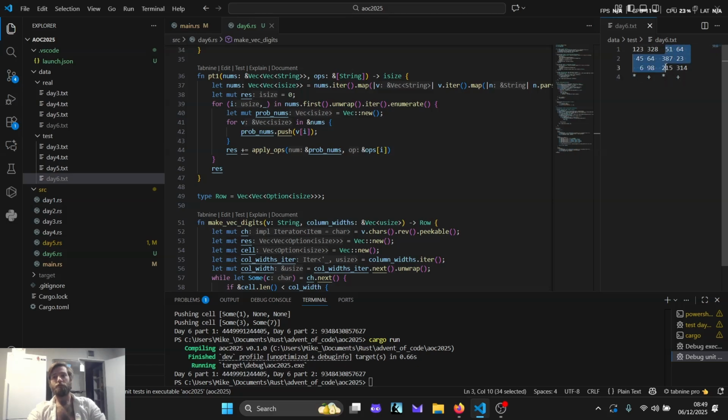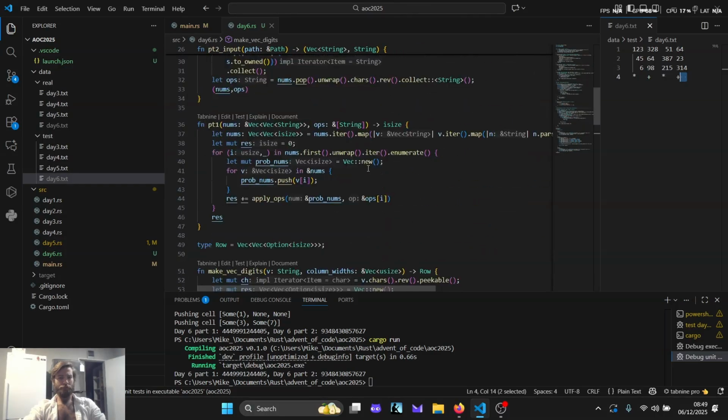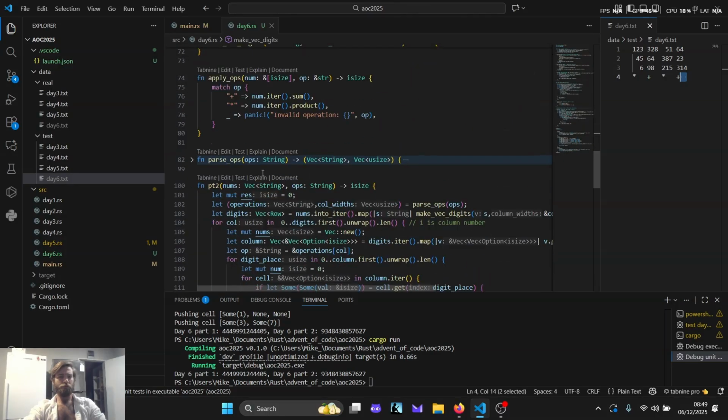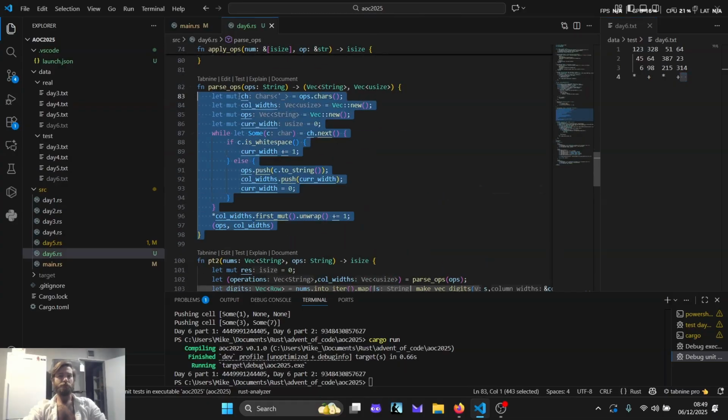So for this operation here, on this column, 51, 387, 215, it has 1, 2, 3 white spaces. That's a column width of 3. The reason this breaks down is because here at the start you get 2 white spaces and this column width is 3, which is why I've now got a parse ops function which returns a vec of column widths as well as a vec of ops, and it adds 1 onto the very first value, just to get over that fact. And otherwise, all it's doing is counting white space. If you get to an operation, push the operation in, push the current width in, reset the current width,